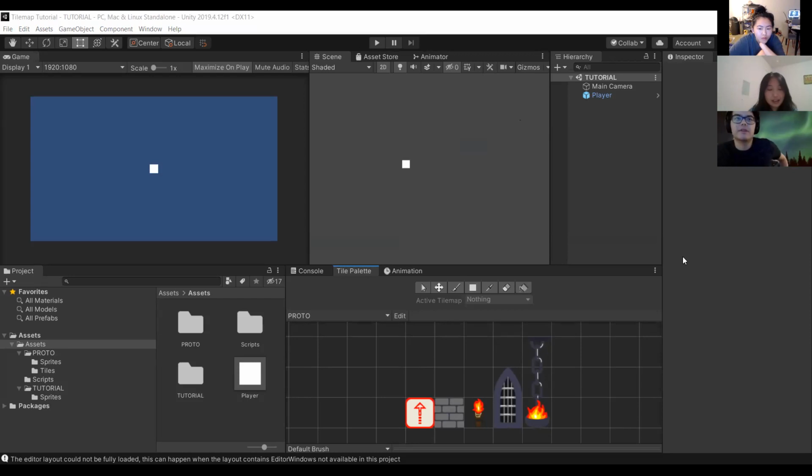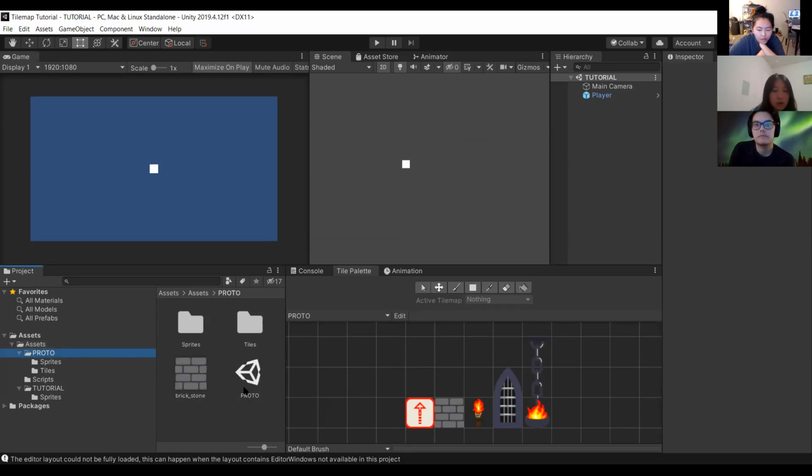Athena, how can you verify that the package imported? If the package imported, then in your project what you should see is a folder called proto. That should contain a proto scene. I don't know why this is outside, but there should be a sprites and a tiles folder. So that's under assets, correct? Yes, all of this is under assets. It should be a separate asset folder. I see an asset folder in my assets folder. Yes. Which has a proto scene, just not in the scenes folder.